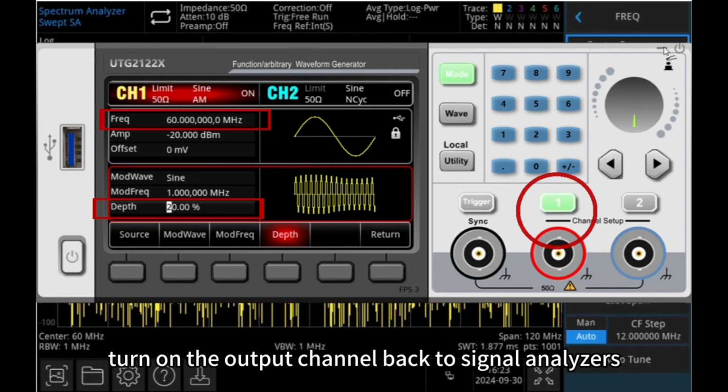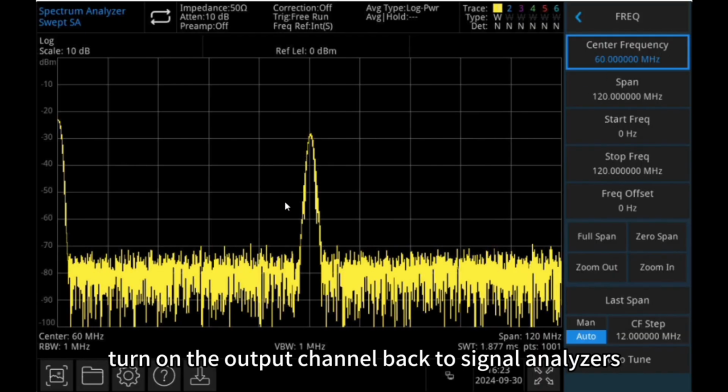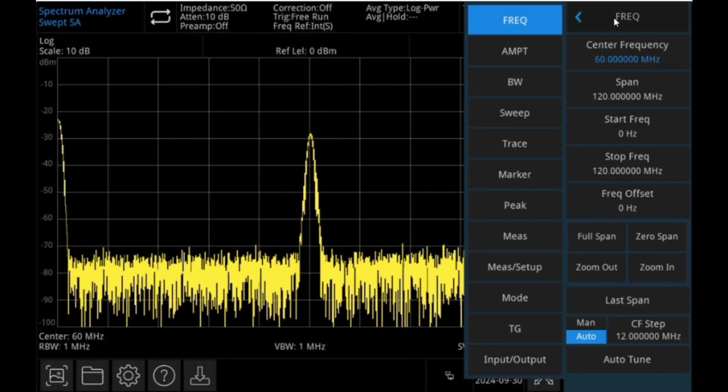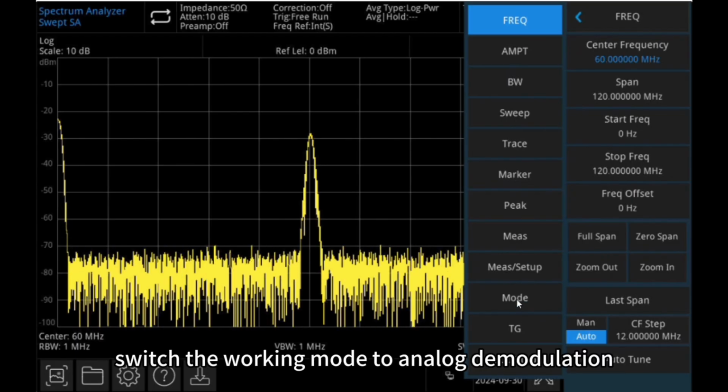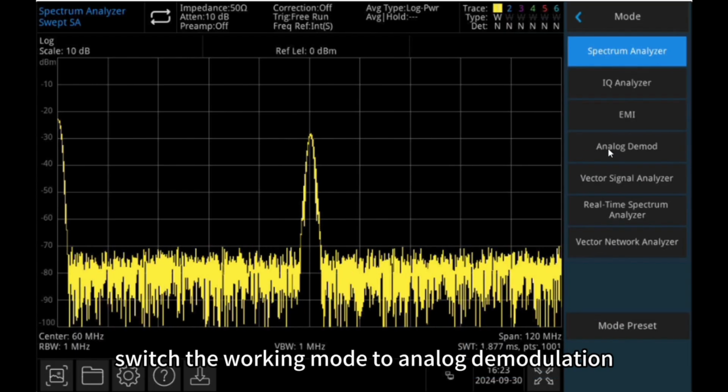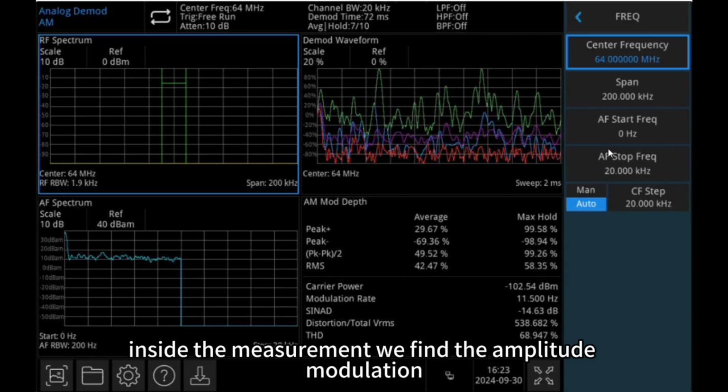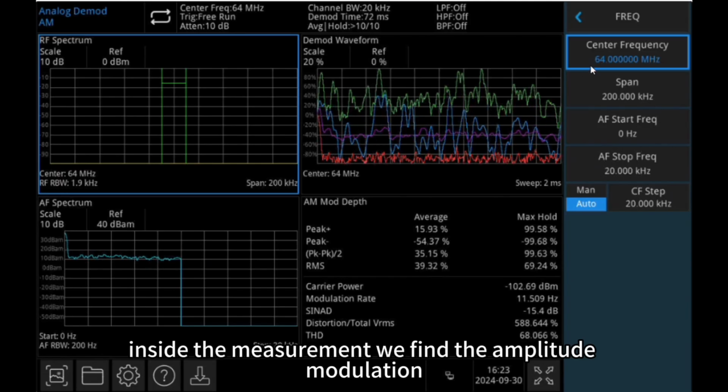Turn on the output channel. Back to signal analyzers. In the mode, switch the working mode to analog demodulation. Inside the measurement, we find the amplitude modulation